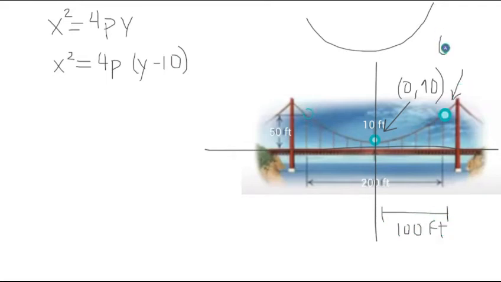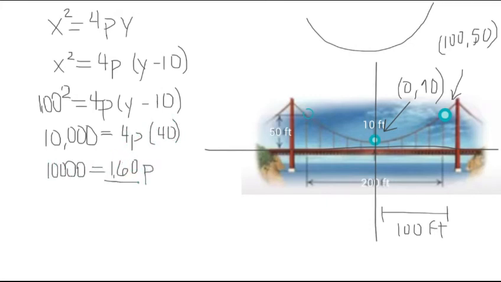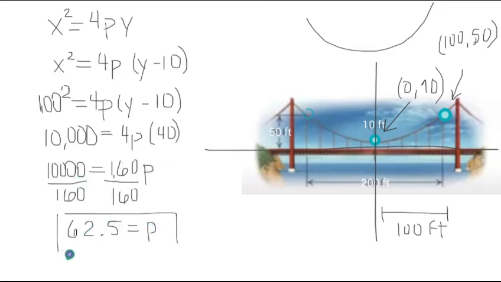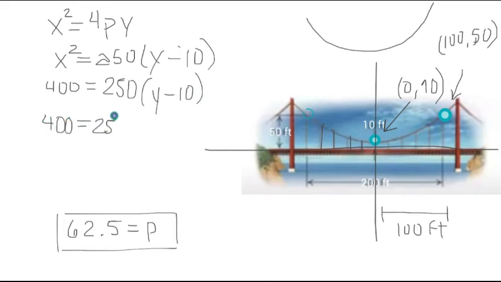The vertical length of the major pole is 50 feet. Now using this data, we'll conclude that the point in blue will be (100, 50), and since 100 is on the x-axis, that'll be our x squared. By substituting the values, we will get p. So that'll be equal to 62.5. Once we get the p, now we can get the real equation to solve for the length of the cables. P times 4 is 250, and our x will be the length between the cables, which is 20 feet from each other. So 20 squared is 400, and using the distributive law to solve this, our first cable will then be